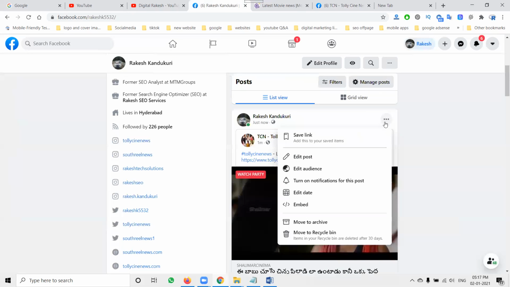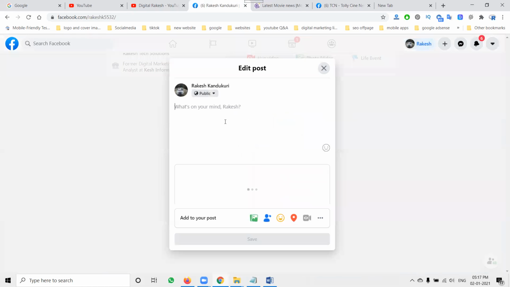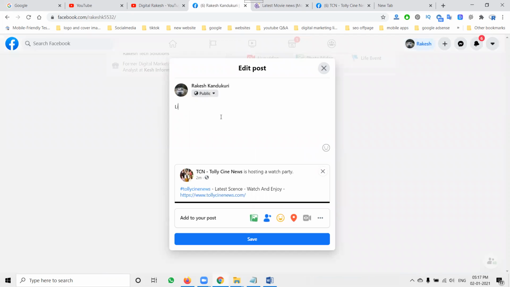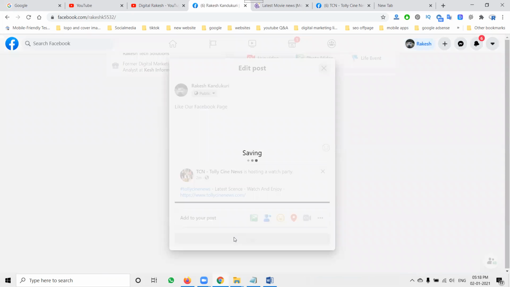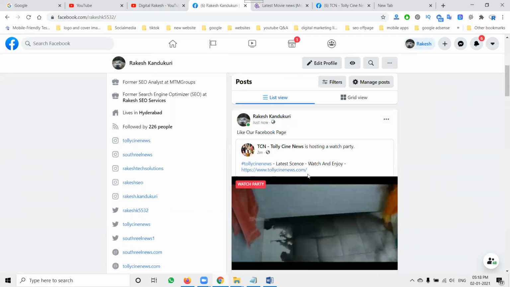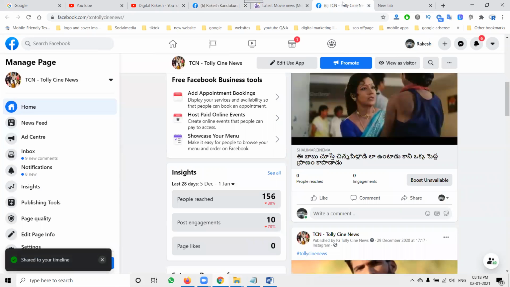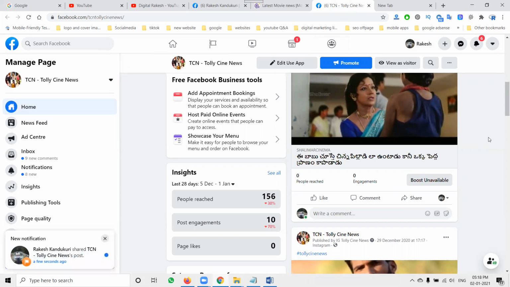Then click this option, edit plus. So this is the method to follow to post other pages' videos